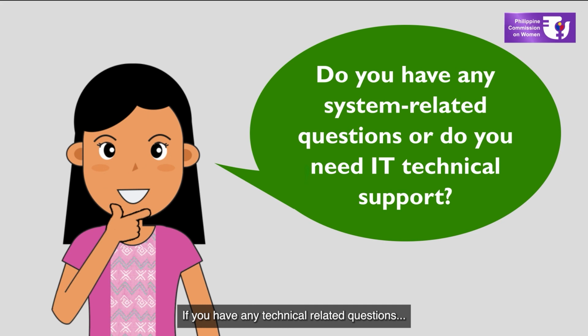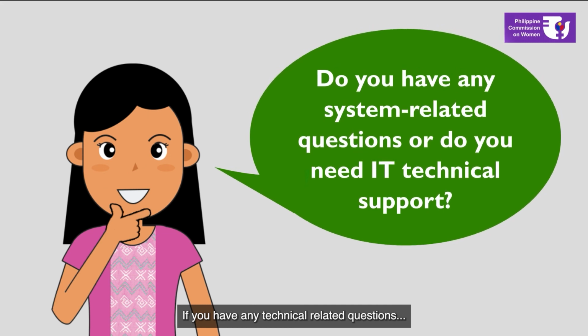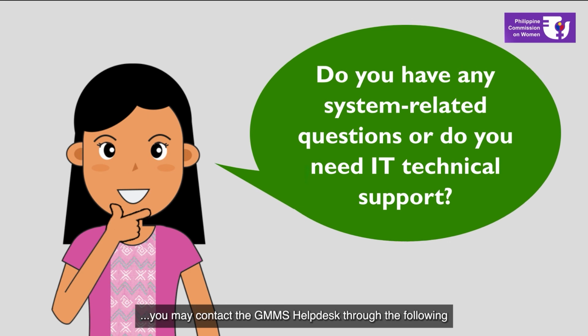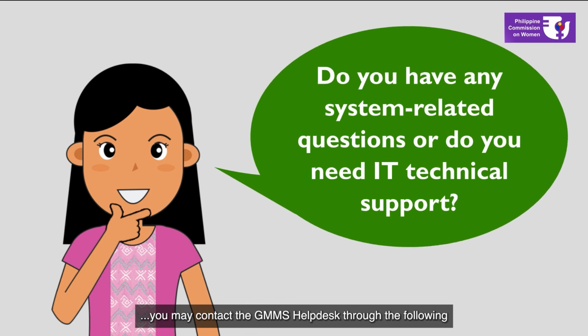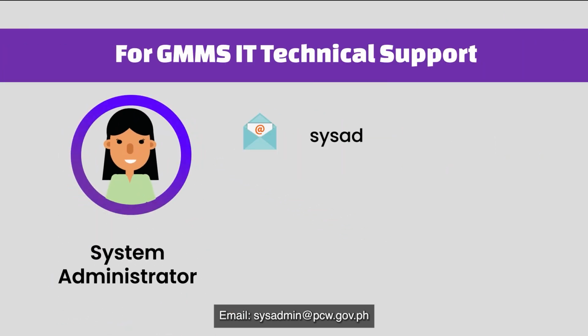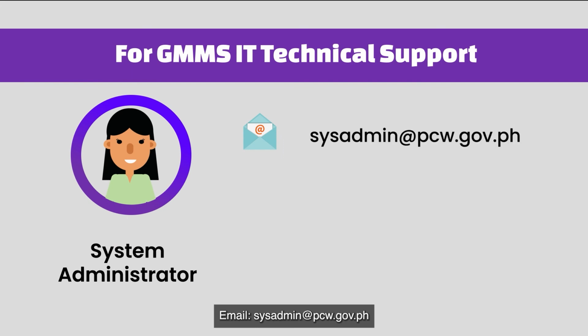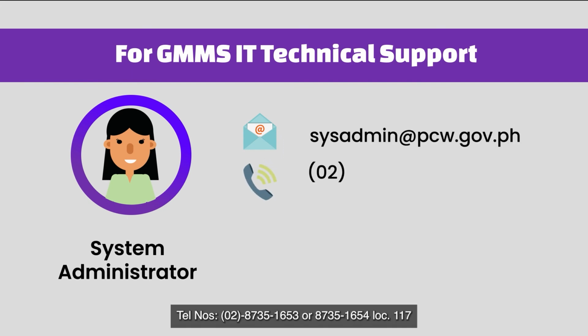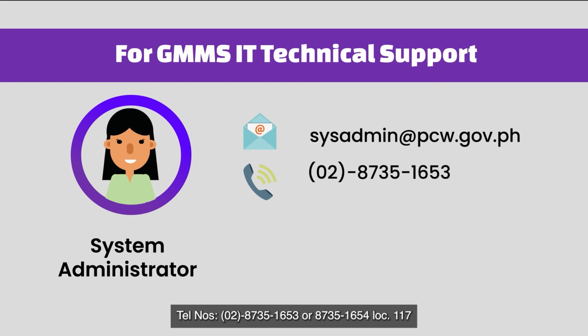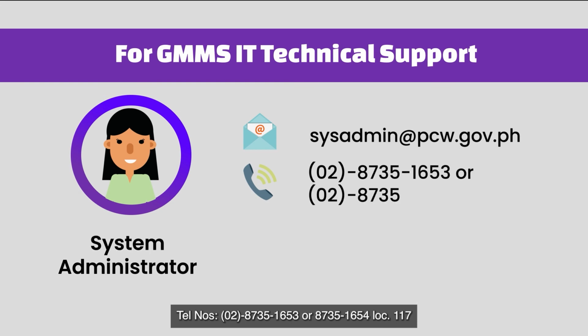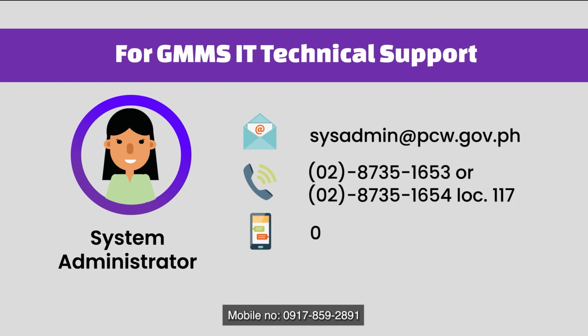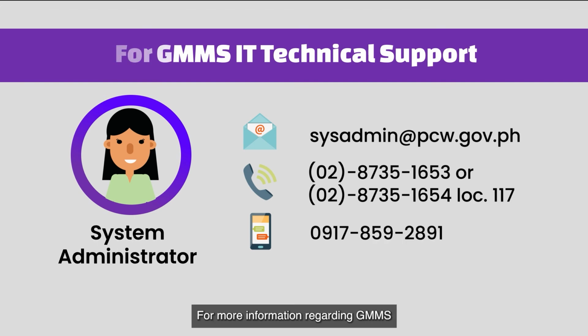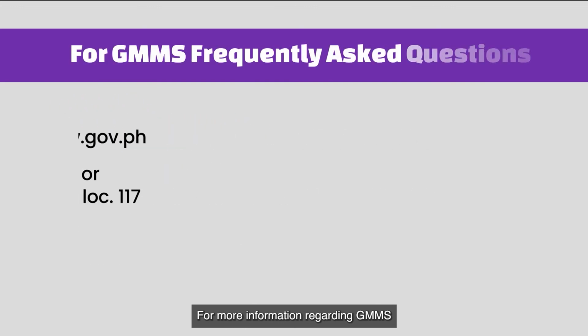GMMS Helpdesk. If you have any technical related questions or in need of technical support, you may contact the GMMS Helpdesk through the following: email sysadmin@pcw.gov.ph, telephone numbers 02-8735-1653, 8735-1654, local 117, mobile number 0917-859-2891. For more information regarding GMMS, you can visit our website